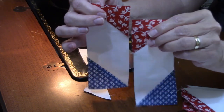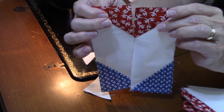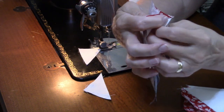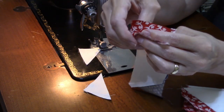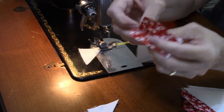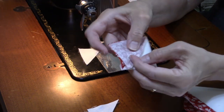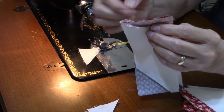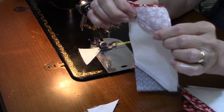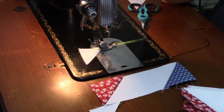Okay, so now we have 2 different sets. You can see they mirror image each other, and now what we need to do is to sew these together, right sides together, and make our side units. And if you want to, go ahead and press the seams on one of your pieces in the opposite direction. Right now I have everything pressed out like this, but to get these to nest, I need to press one this way. So I think I'm going to go ahead and repress this one set,